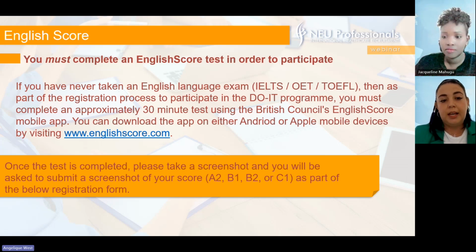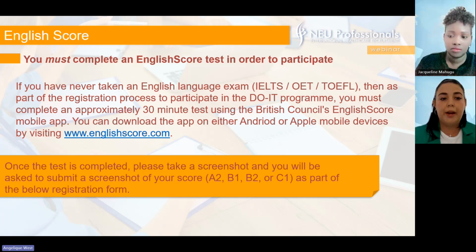You can download the app on either your Android or Apple mobile device, or visit the englishscore.com website, where Jackie will post that link for you in the chat box. So please go and do your English score and submit it with your registration.